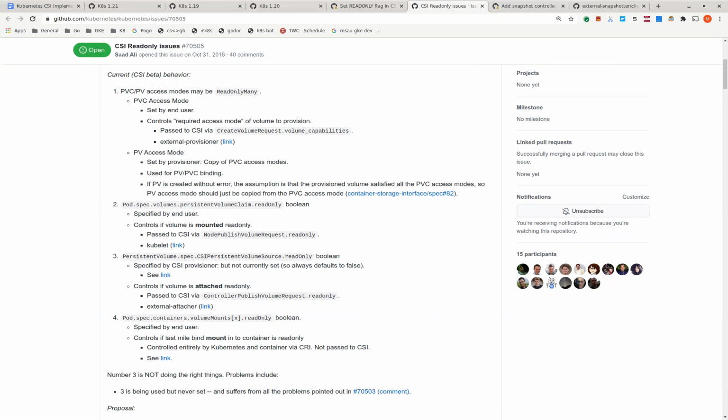I was going to say, I ran into this problem about a year ago, and I dug into it to try to figure out if there was any way to make read-only less confusing, or less complicated, I should say. And I discovered that every single instance of read-only actually serves a unique and valuable purpose. Okay. Maybe I will ping you then, when I'm writing this. Yeah, in the document, it might be good to actually put those use cases in. Like, this is when you would want to use number 2 to set read-only, and this is when you would want to use number 3 to set read-only.